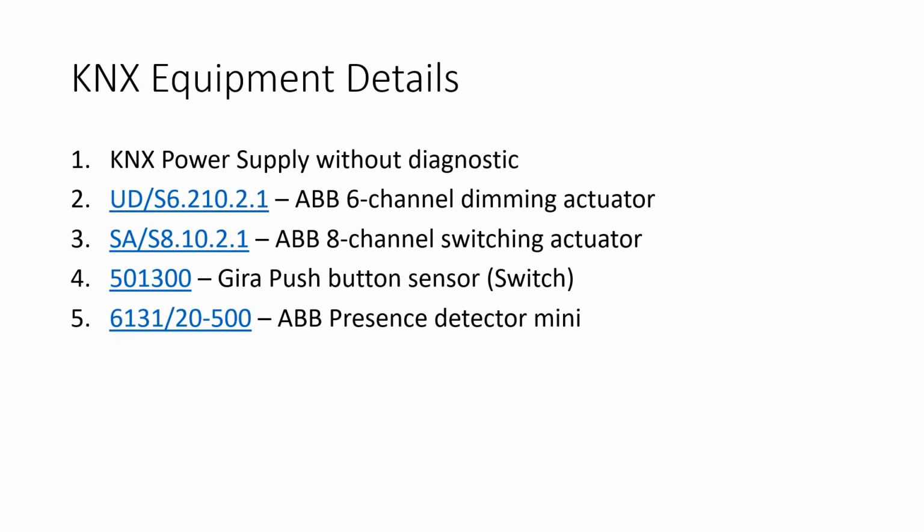In the previous program, the first tutorial which I did on ETS5, it was a different unit, but they don't sell that unit anymore, so that's why I've changed it. And you can still buy the ABB presence detector mini, it's still available. So let's go back to